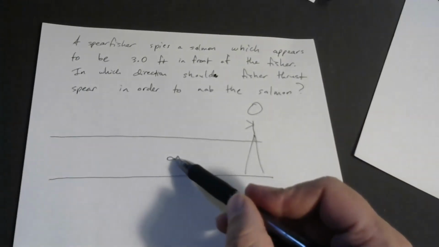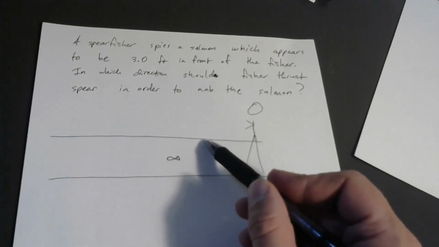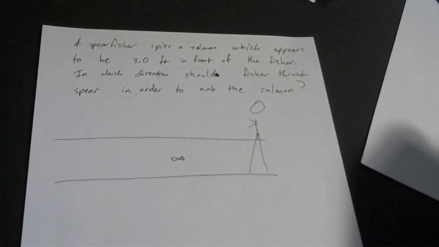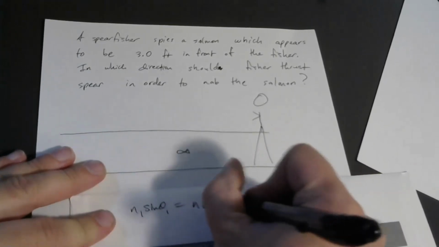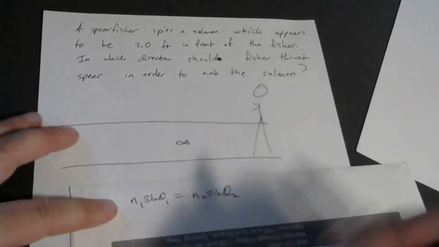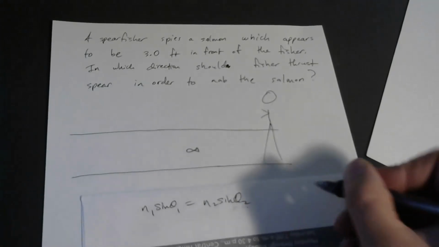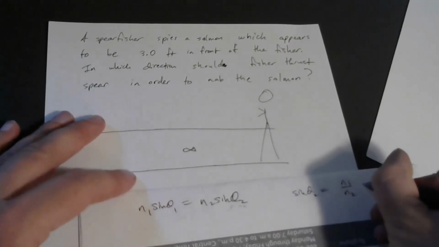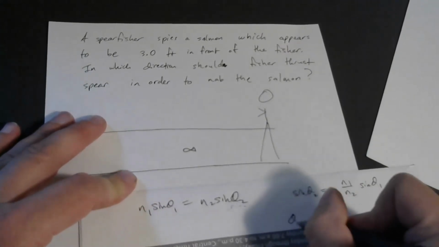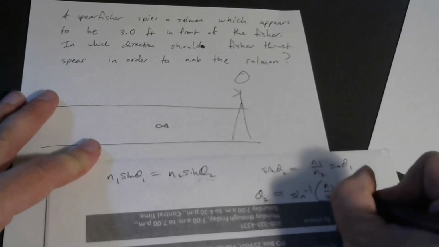Now we know that when this ray strikes the surface of the water, it's going to refract, it'll bend. And something I didn't talk about yet is which way it'll bend. So let me go back to the equation here. n1 sine theta 1 equals n2 sine theta 2. Let's think of theta 2 as the refracted ray. That's the angle that the ray makes on the way out. And I will solve for theta 2. First of all, sine of theta 2 is n1 over n2 times the sine of theta 1. And then we would just take the arc sine of that, inverse sine, n1 over n2